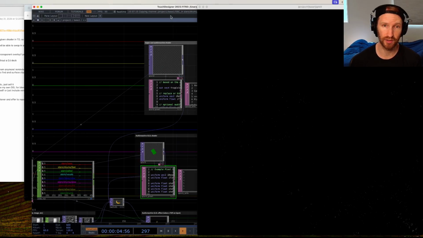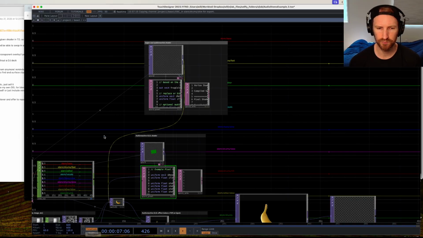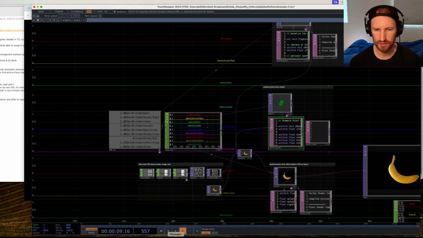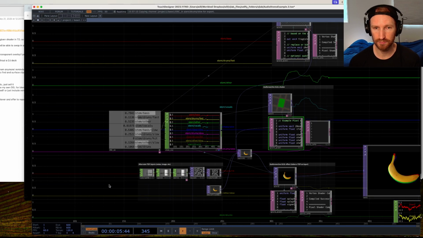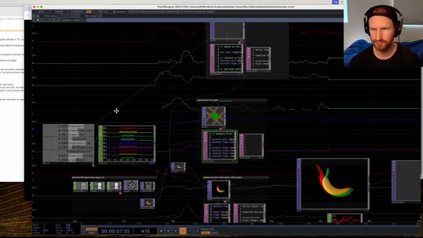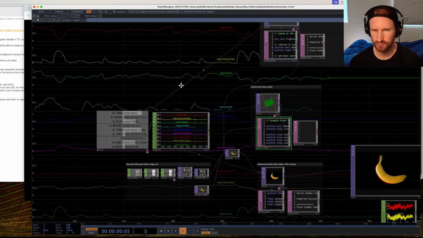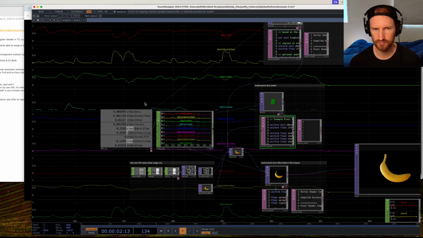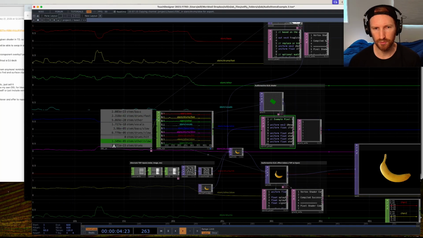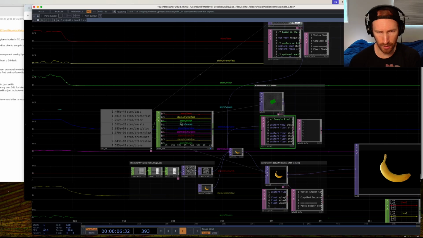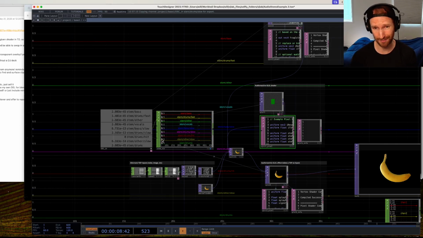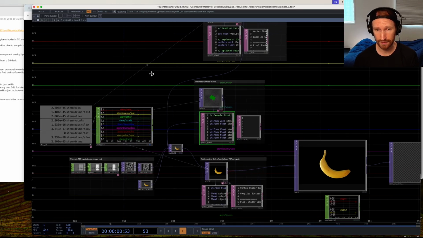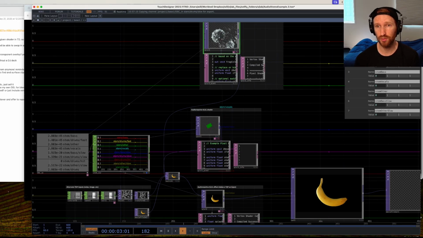So let's look at our network. Let's exit out of this. And basically what's going on here, it's pretty simple. The tool does a lot of the work, but again, if I play that, what's happening is that we've got an OSC in. I have a trail here just so we can see what's happening, but you don't even need that really. And then I've got just a bunch of TOPs. So the one that I showed you again is just this